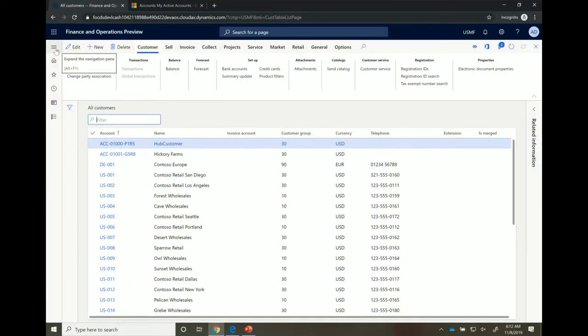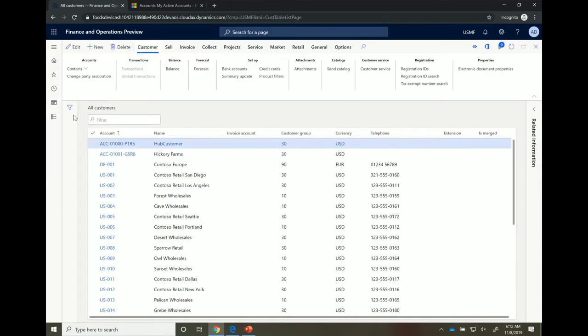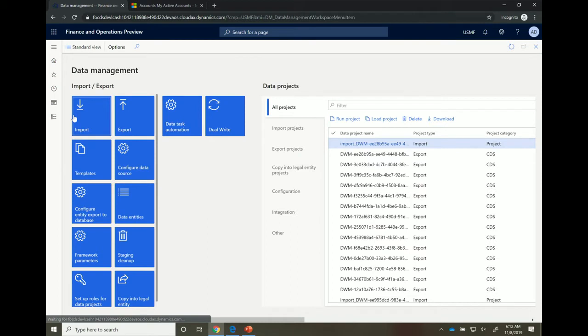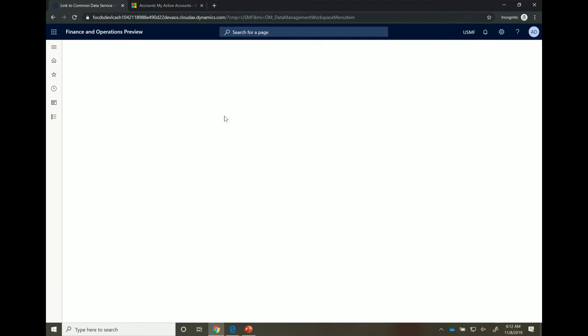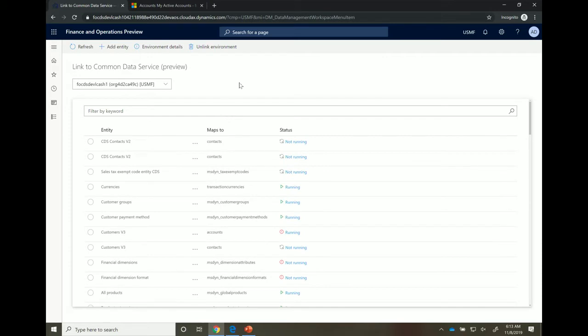So this is the finance and operations UI, and within finance and operations there is a module called data management. When you get into it, you will see a button called dual write. So this is the dual write UI. This is the admin page